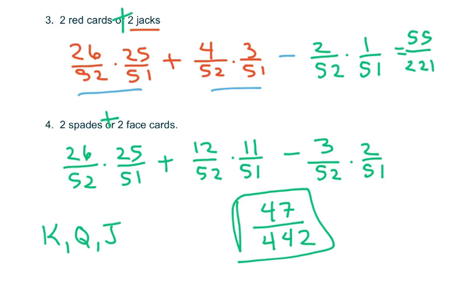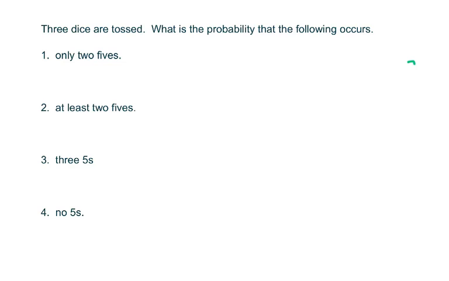Okay, the last 4 problems are pretty easy. They're about dice. And we want to get only 2 5s. We're tossing 3 dice, and we only want 2 5s. And let's just write out what it could be. So, only 2 5s. So, we could get